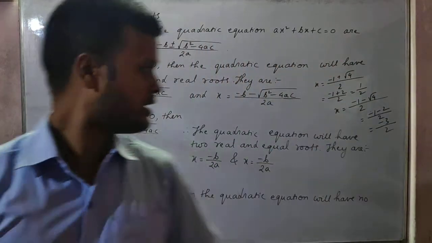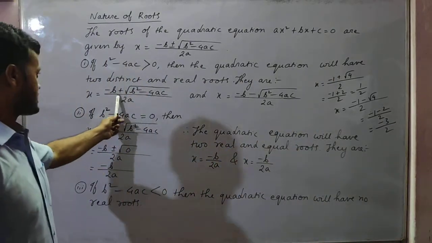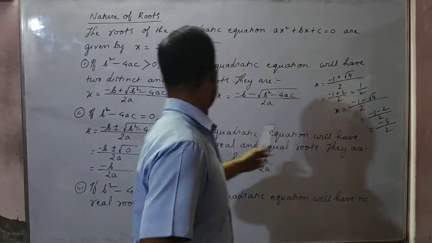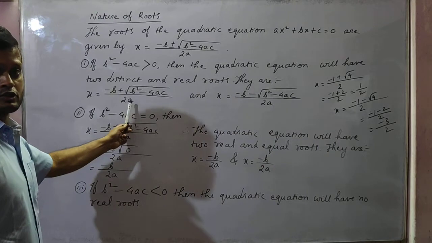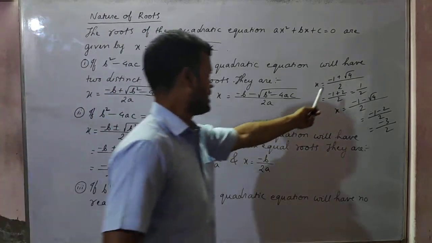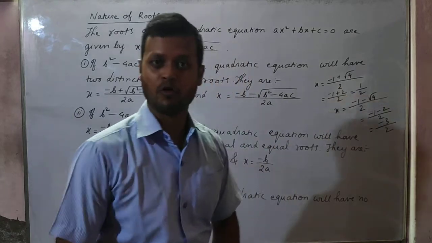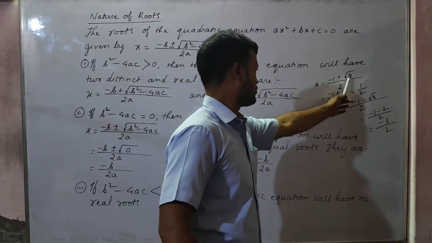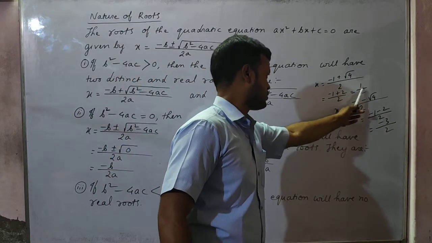See all of you. Here, one side with the plus sign, b's value is suppose 1 and a's value is also 1. So it will become minus 1, and below, 2 into 1 will become 2, isn't it? And b square minus 4 is suppose 4 plus 4. Okay, so root over 4 will become 2. 2 minus 1 is 1, so 1 by 2.